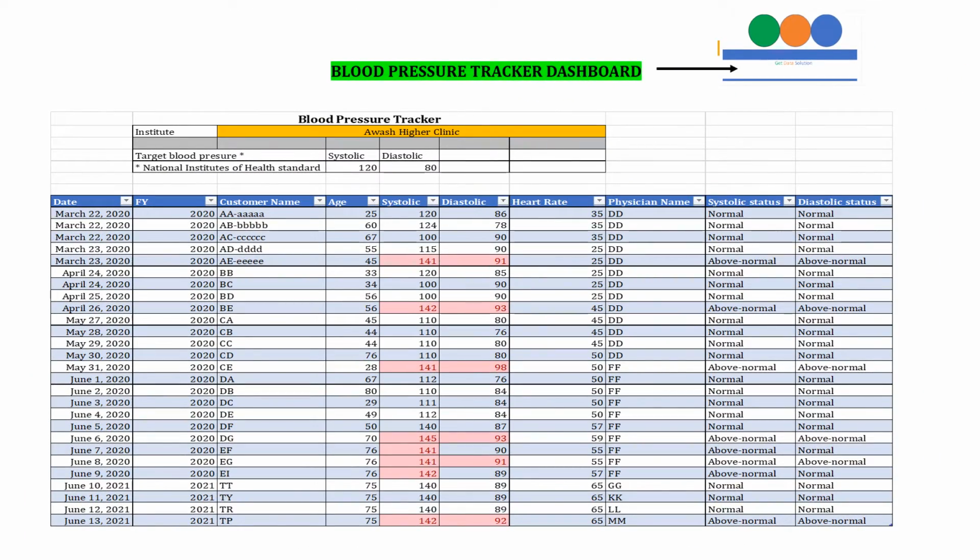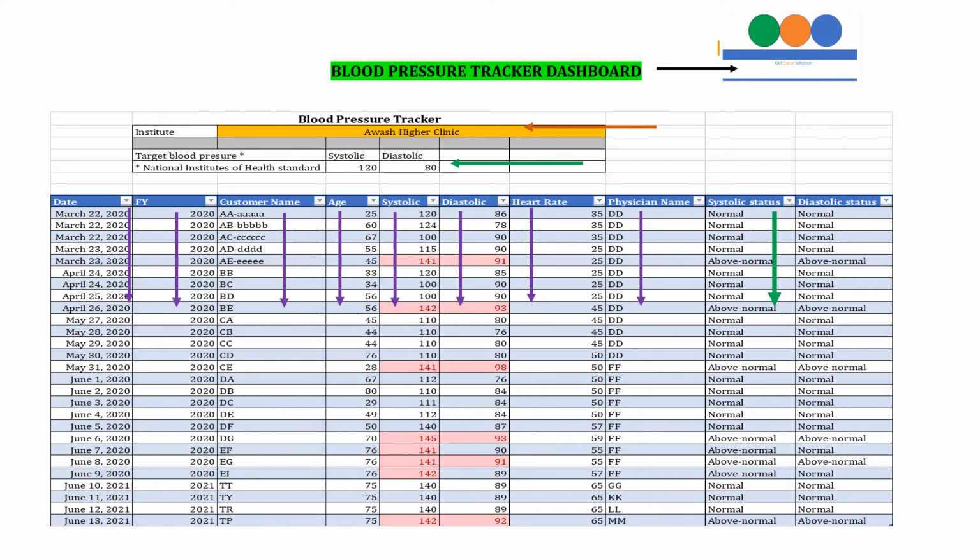So this is data entry. First, you'll insert your institution's name. Then here is the standard for systolic and diastolic, and then you will insert the data in the table. The first one is the date, then the fiscal year, then the customer name or patient name, the age, the recordings of systolic and diastolic data, then the heart rate, then the physician who examined the patient, and then the